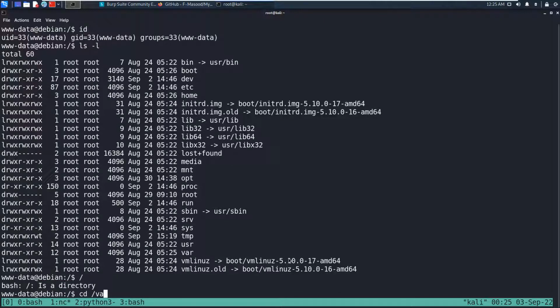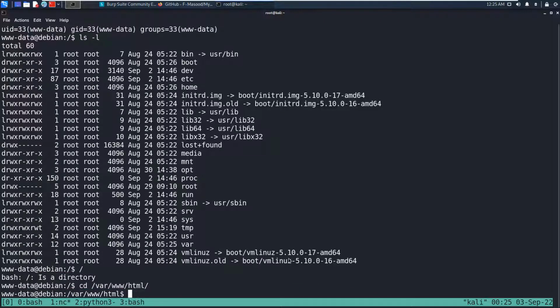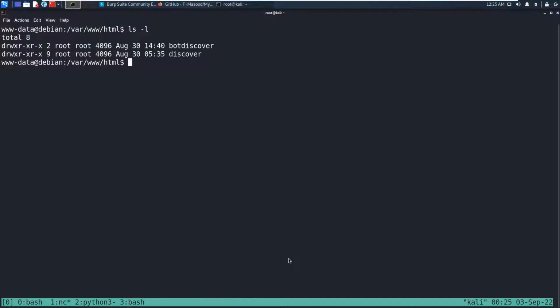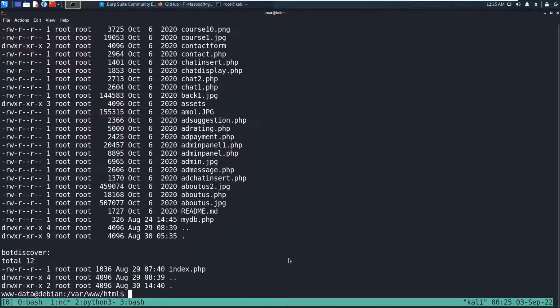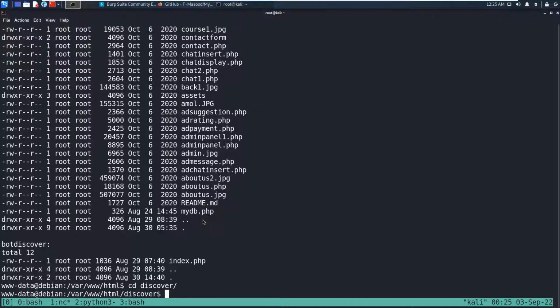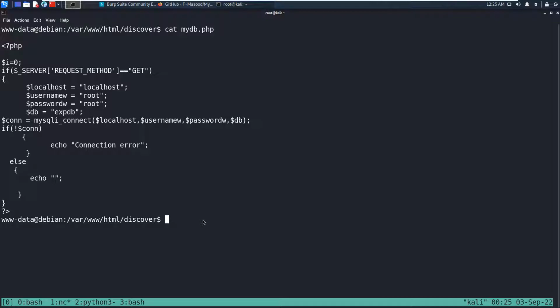If we go to cd /var/www/html, I have two directories, bot discover and discover, and bot discover only has index.php. Maybe we can have some. If we go to discover and cat out my db, because sometimes the db has a lot of credentials, but I don't see root as the password of the database. So we have